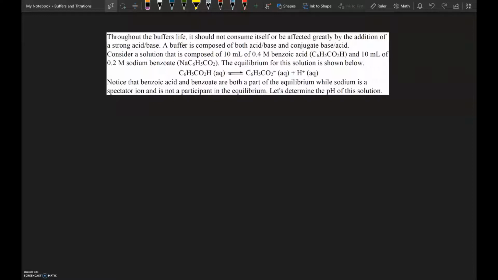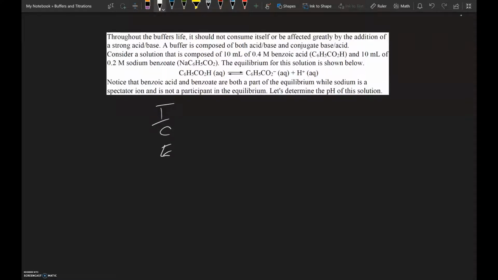Here we have benzoic acid breaking down to form benzoate and hydrogen ions. The concentrations are given to you as 0.4 molar for benzoic acid and 0.2 molar for sodium benzoate. Now, the sodium itself is a spectator ion, so when you put that in solution, sodium ions are not going to be involved in the reaction at all. It's actually the benzoate ion, because it's the conjugate base of benzoic acid. And so you'll set up your ICE chart,